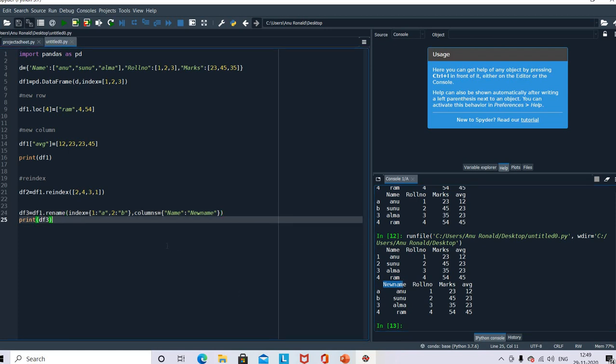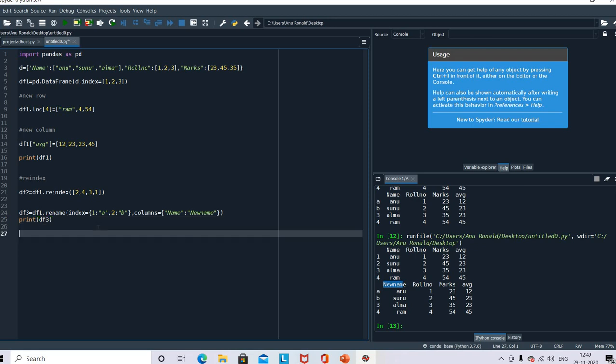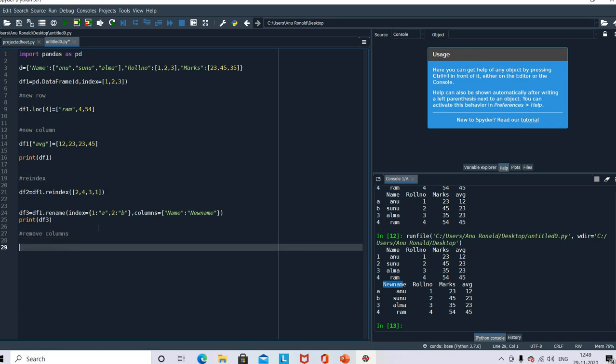And next, how to remove rows or columns. So we studied how to add a row, how to add a column, how to re-index and rename. Next is remove columns. So removing columns.